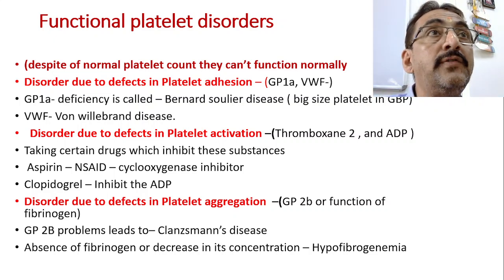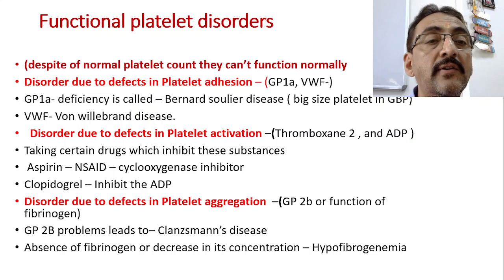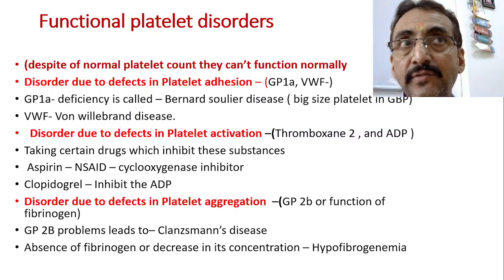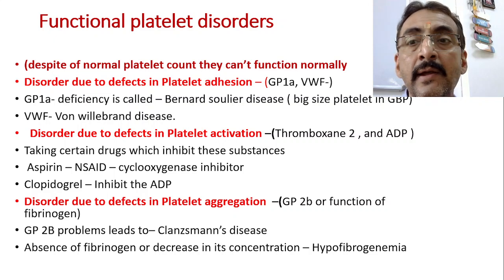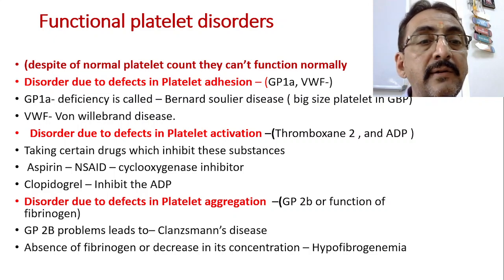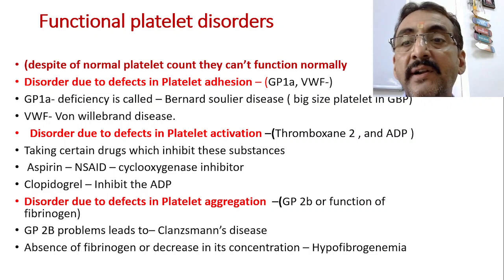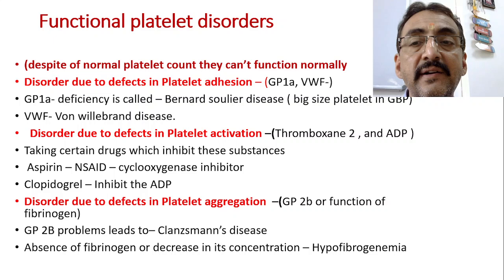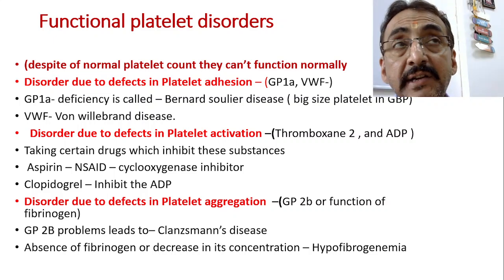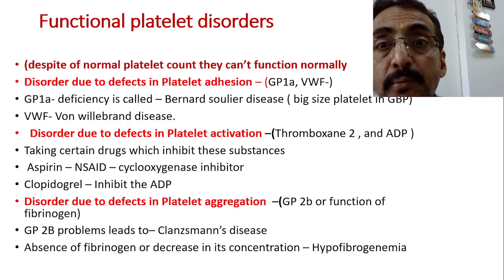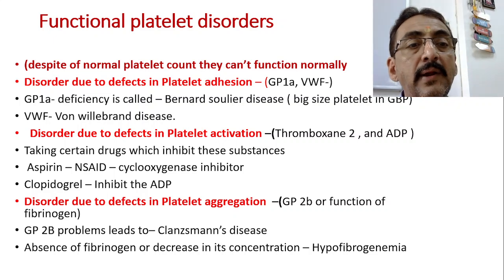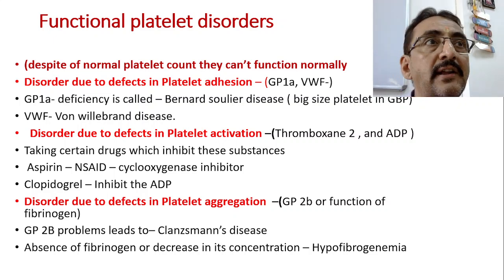Now, the second place where functional platelet problems occur is disorders due to defects in platelet activation. Last class we have seen what we mean by platelet activation. For platelet activation, we need two factors: one is ADP and another one is thromboxane A2. These two factors are important. But if these two factors are not properly produced, then although there is platelet adhesion, platelet activation will not take place, and if platelet activation is not taking place,